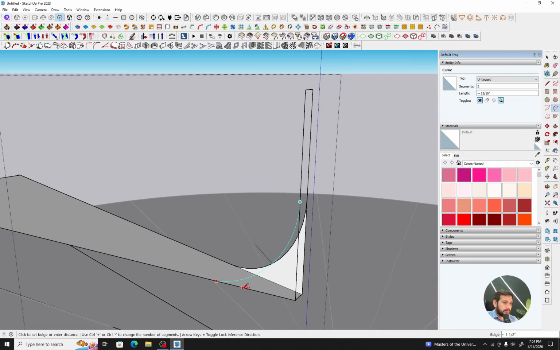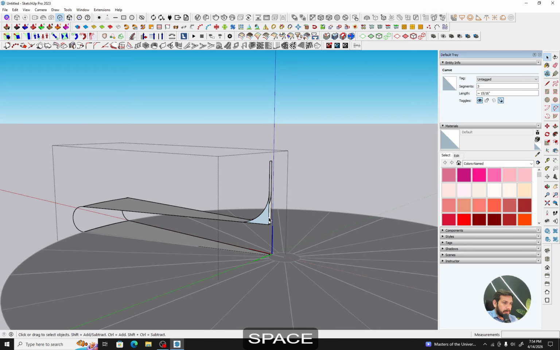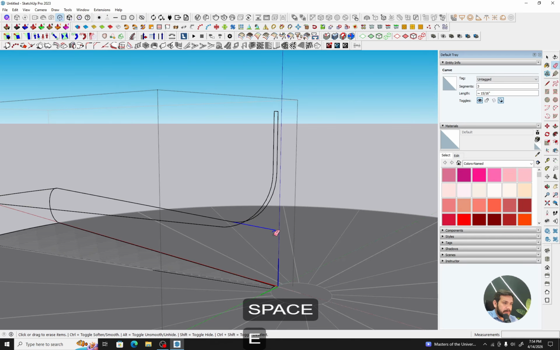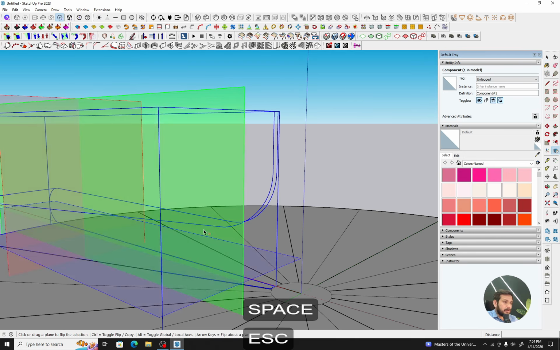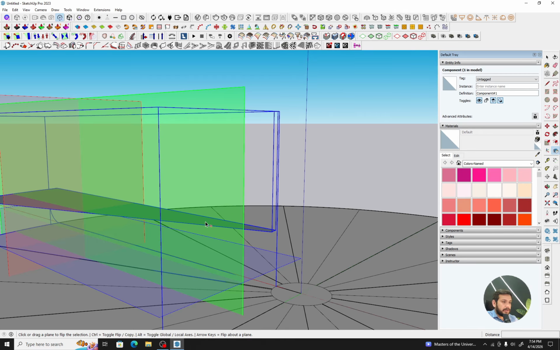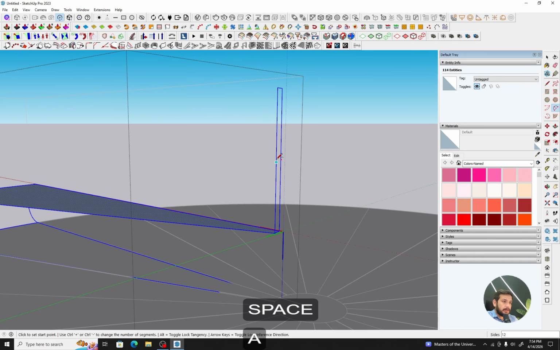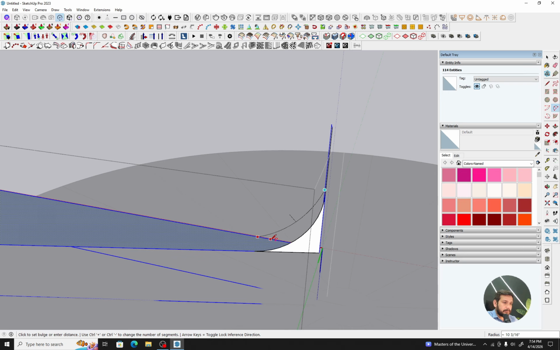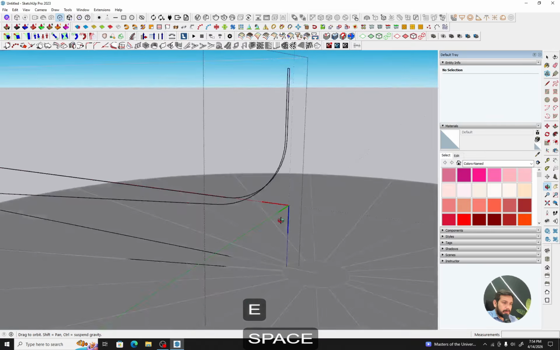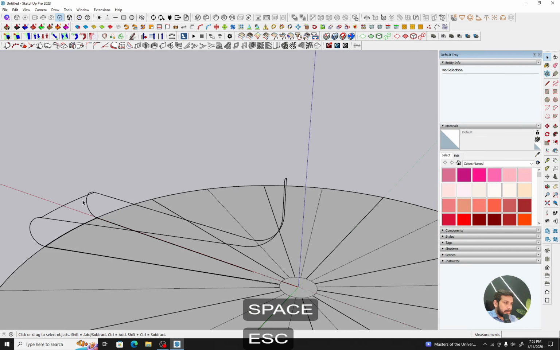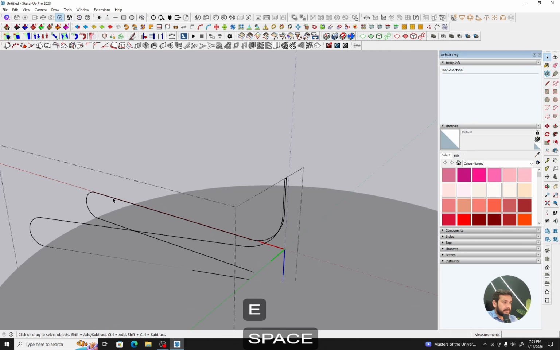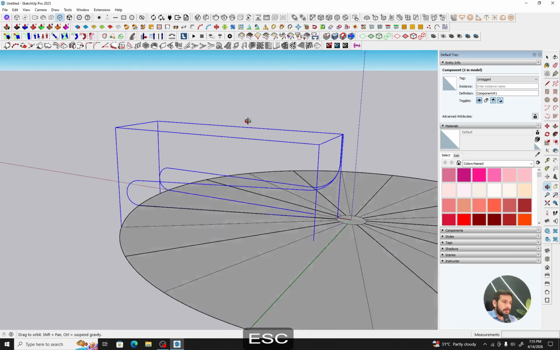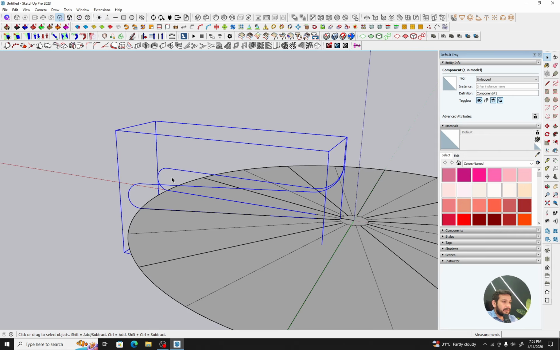Another one, and delete these segments and just rotate it or flip it vertically and do the same for the other side as well. And delete these. All right, now delete these two edges. Now since I have the component only these lines, I will select this component and